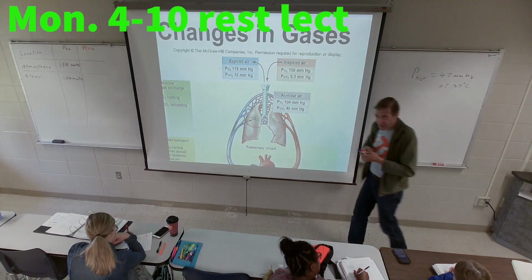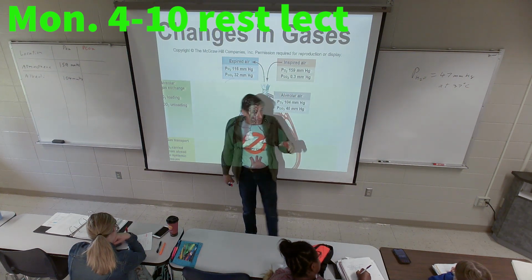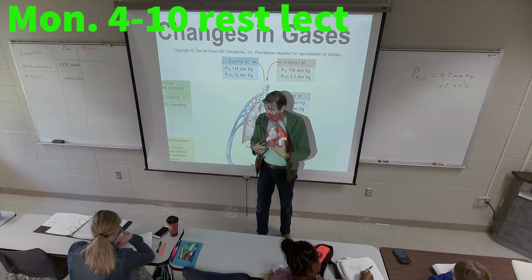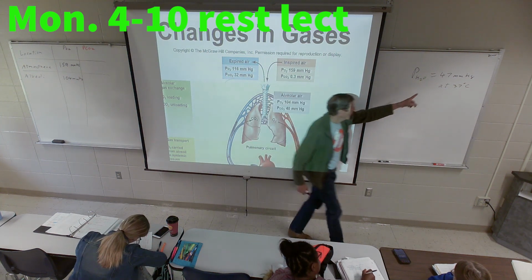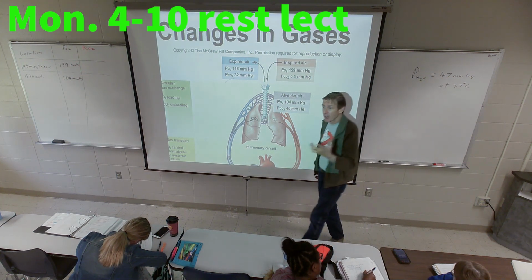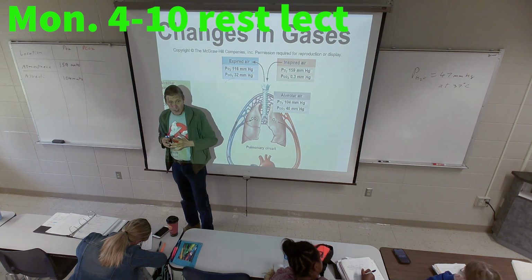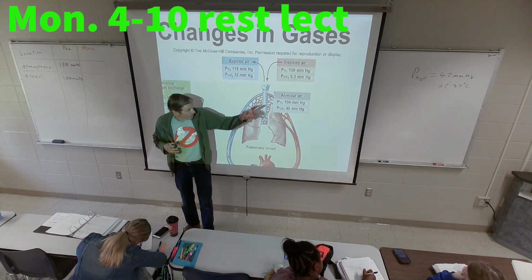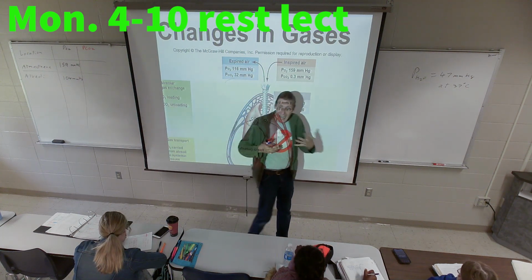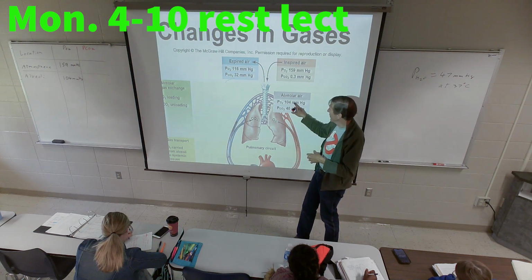water vapor is a gas. It exerts a partial pressure like any other gas, but it does behave a little differently. If you look at the air in your lungs, it is saturated with water vapor. That is, it's at 100% relative humidity. The partial pressure of water vapor in your lungs is 47 millimeters of mercury. In the atmosphere, it's insignificant. So of whatever the total pressure is, say 760, in your lungs 47 millimeters is just water vapor. That water vapor you're adding takes up some of the space. It dilutes the oxygen a bit. That explains a little bit of this drop.